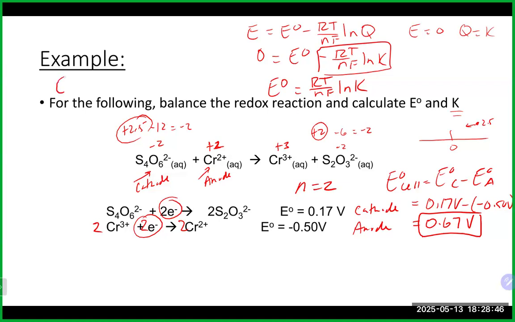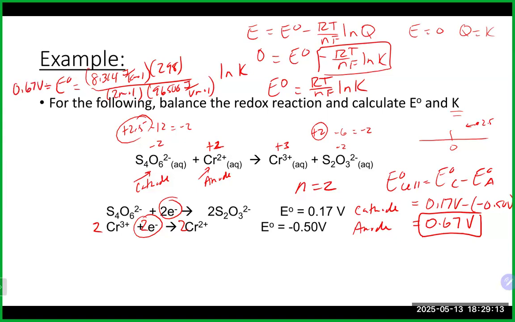All right, so we'll go with 8.314, our 298, 2 moles, and our 96,500 joules per volt per mole, and natural log of K, and that obviously equals our